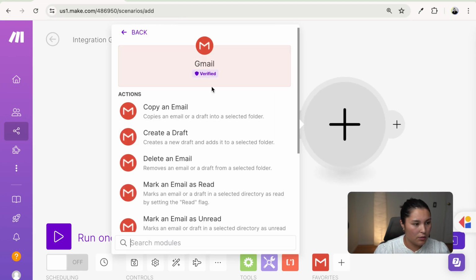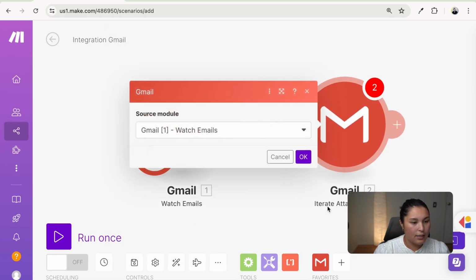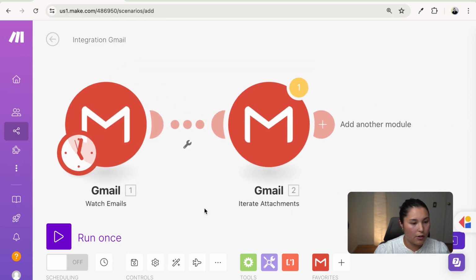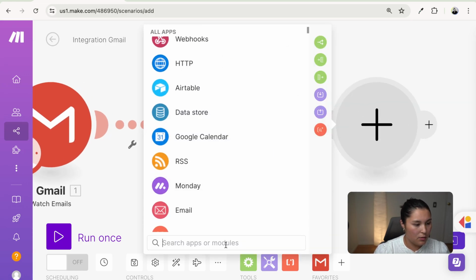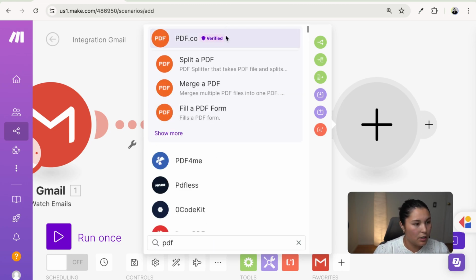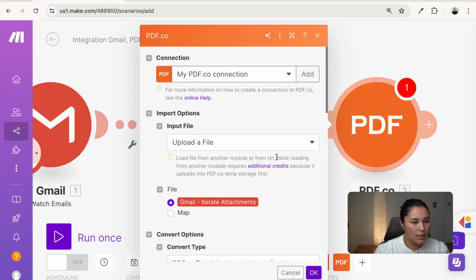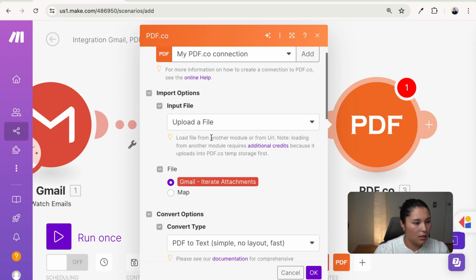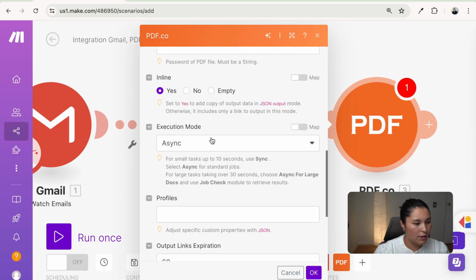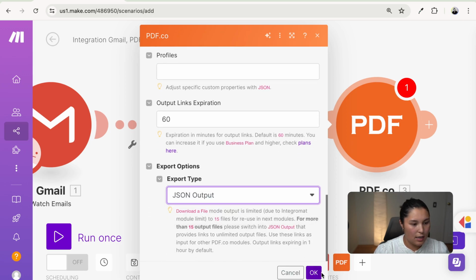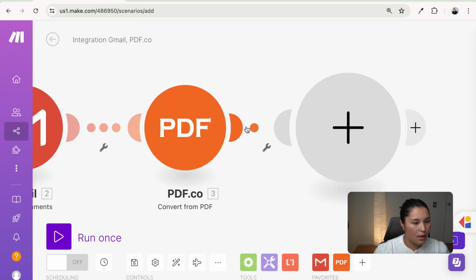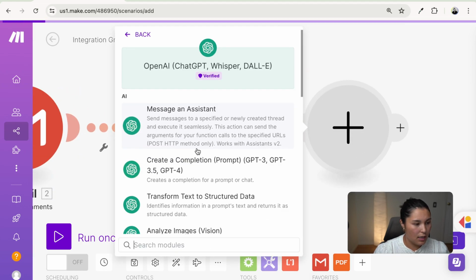And then we'll do another module that iterates the attachment, because the order form that I showed you is a PDF. So we want to grab that PDF file from the email. And then I'll search for pdf.co to convert that PDF into text. So these all look correct. We'll change this to sync. And we want to change this one to JSON output. Press OK. Then from here, we're going to use a ChatGPT